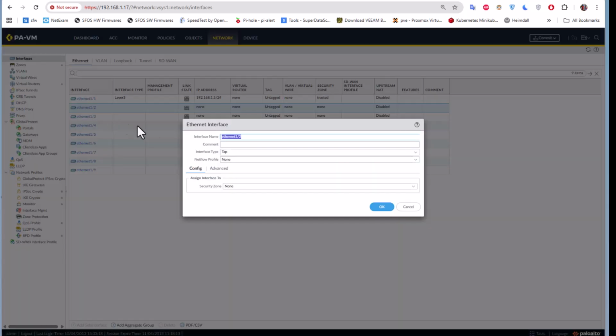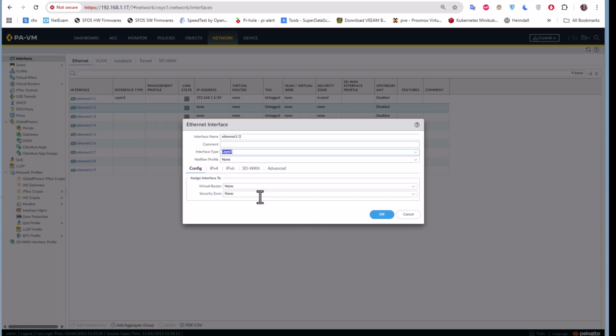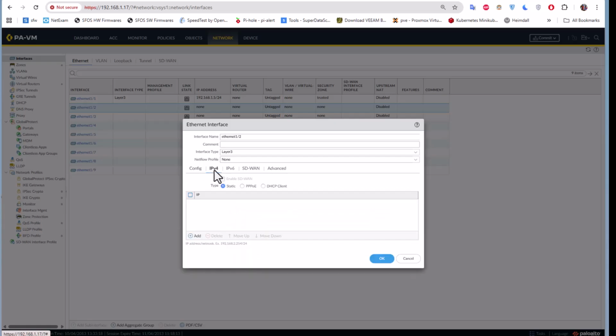So here it depends also. First of all, let me choose the interface type, which is layer 3, and the zone, as I told you, is outside or untrusted. Okay, for the IPv4 it depends on your connection type. So if you have a static IP address, you can enter it here. Of course, that static IP address will be your public IP address, but if you have a PPPoE configuration, you